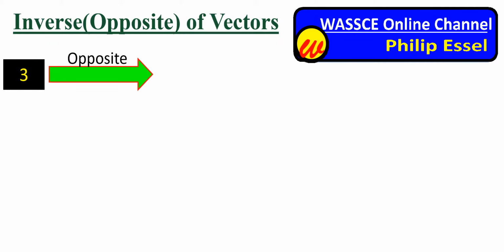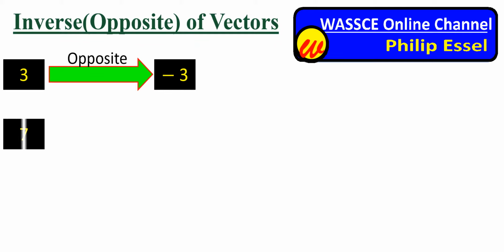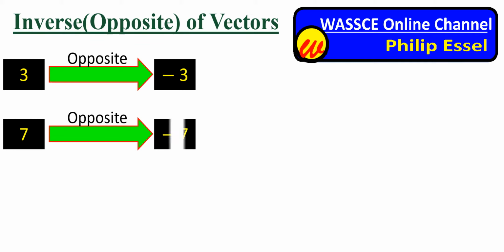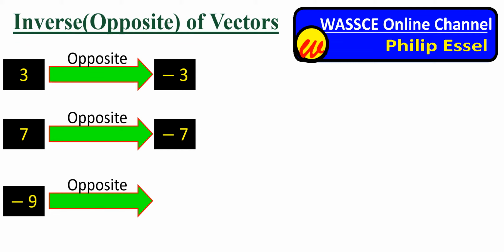The opposite of the number 3 would be negative 3. The number 7. Its opposite would be negative 7. Now let's take the number negative 9. Its opposite would be